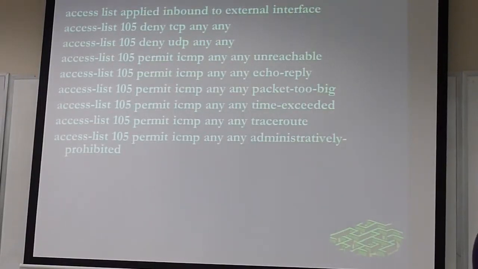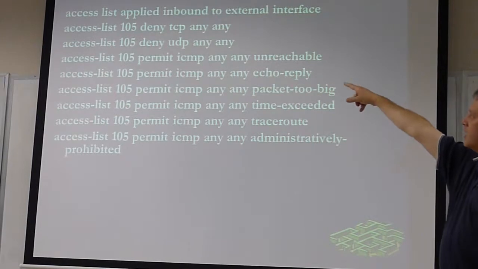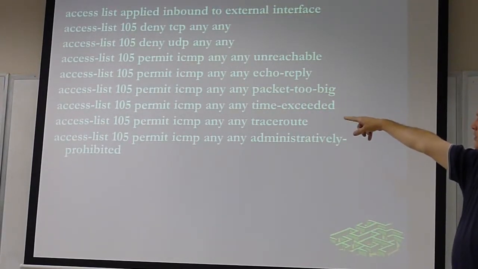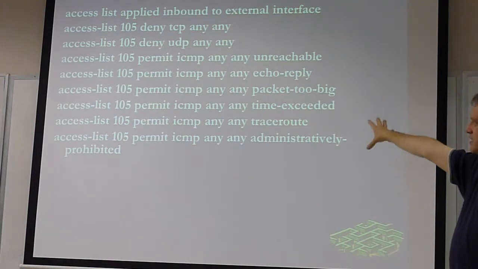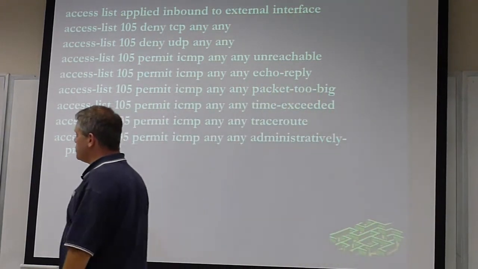We apply it to the external interface. Access list 105: deny, permit, permit, permit, permit, permit, permit. This is all ICMP that we permit. Now, again, going back, if we need to permit